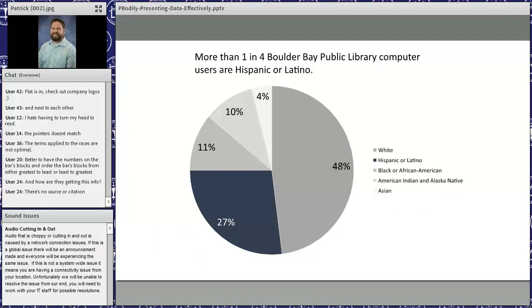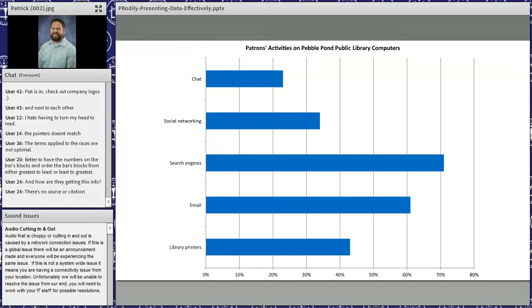All right, this would also be an acceptable thing by calling out the Hispanic or Latino, pointing to the number of the specific group you're trying to provide access to. If that is what you're trying to do, call out what it is that you're trying to call out. All right, our last one. What about this one?